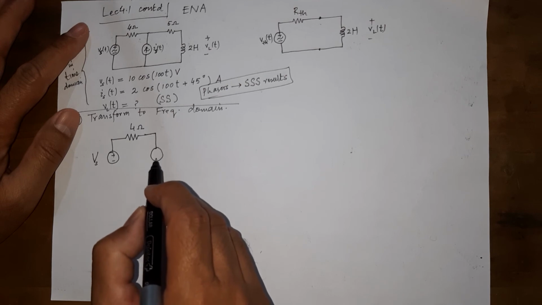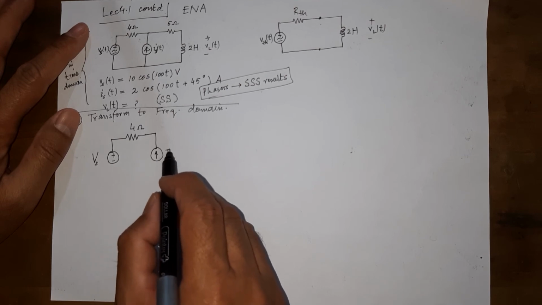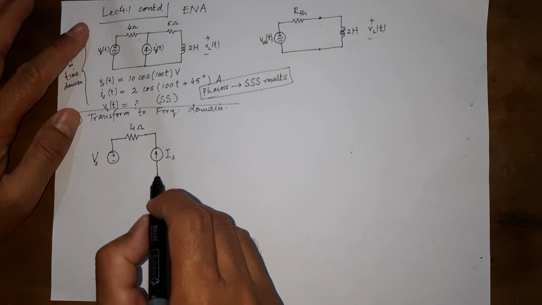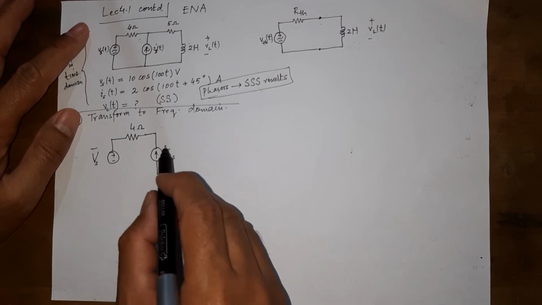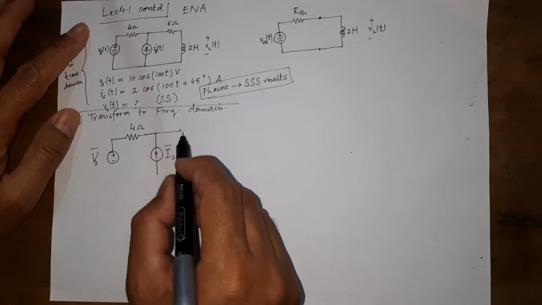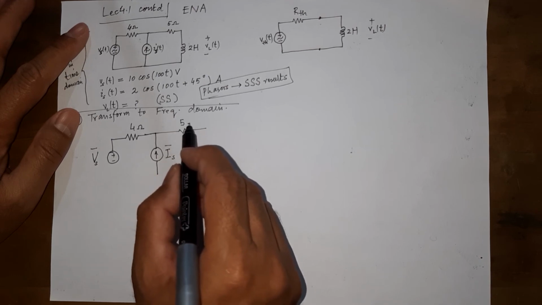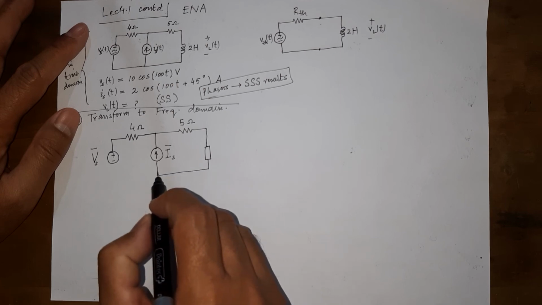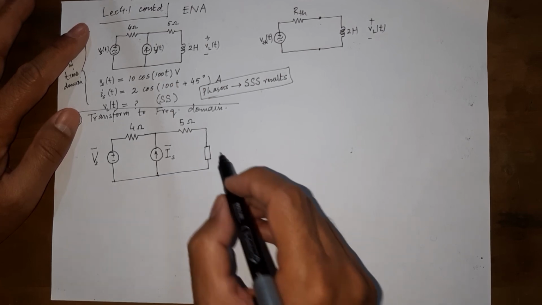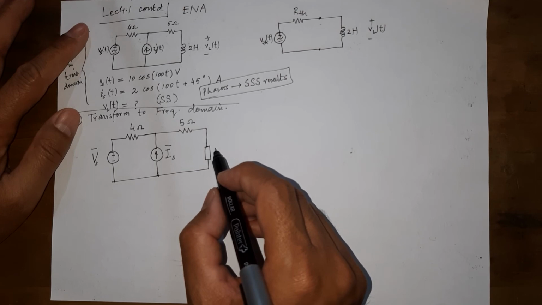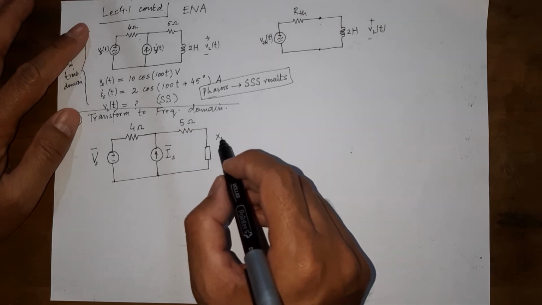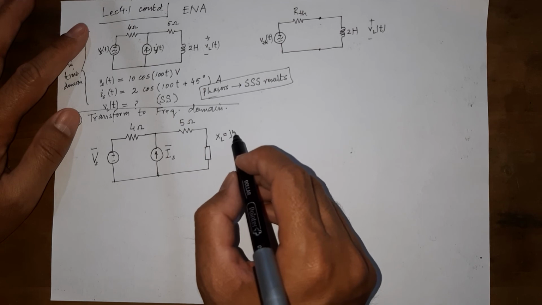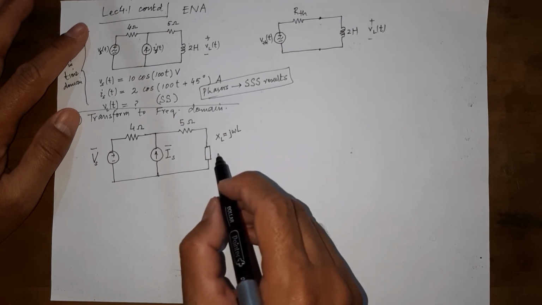The current source becomes a DC source as well, with the capital letter to denote the phasor, and let us put this bar to denote that it is a phasor quantity, and this remains 5 ohm, and this inductor is going to become actually a reactance. So let us put a box to show that this is not the same inductor but an inductive reactance, and this is going to become, so what is XL equal to? It is equal to j omega L, in ohms.